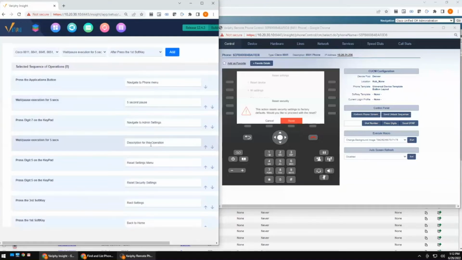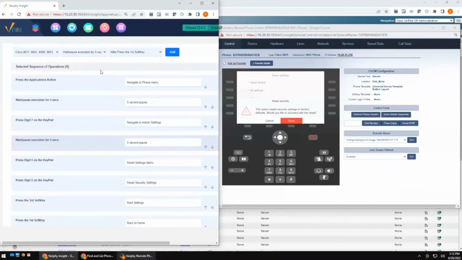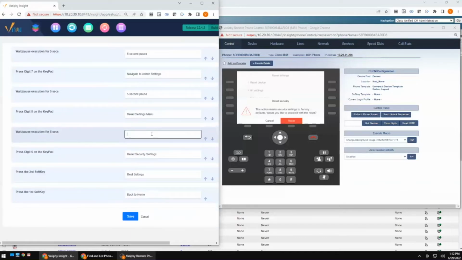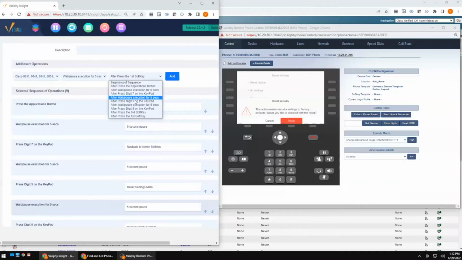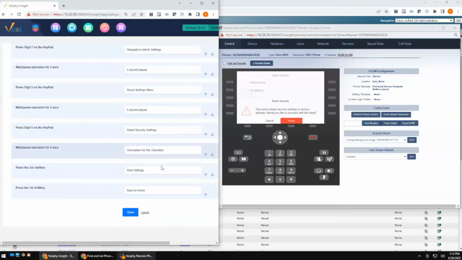The next thing I'm going to do is go down to my next one and add another 5-second pause. And you'll see this is, again, why I like to add this after I've built the macro, because that way I'm not scrolling back and forth in here. I'm really just adding it to the next sequence of events. So after I press digit 5, I'm going to add a 5-second pause. Same thing here. I did digit number 5 again, add another pause.